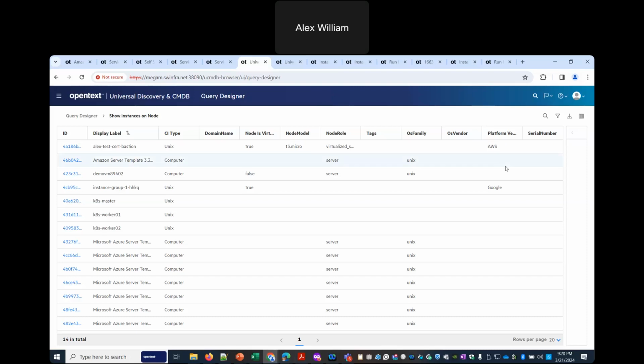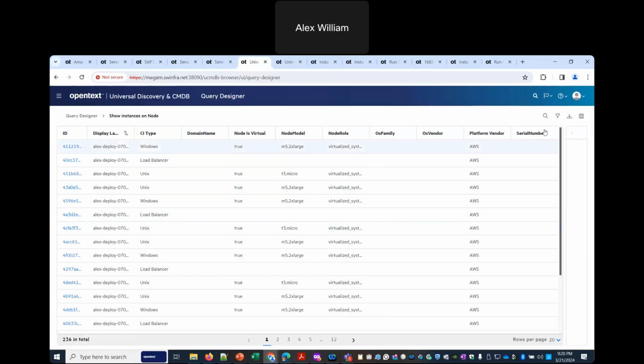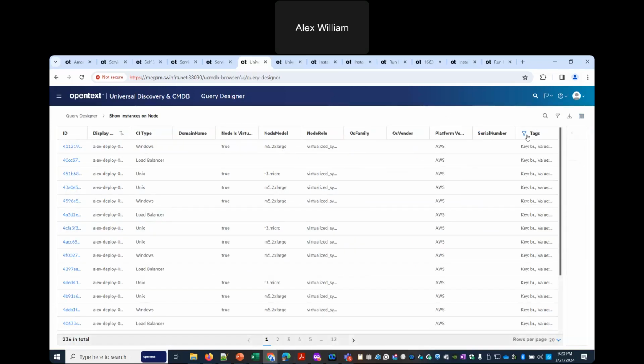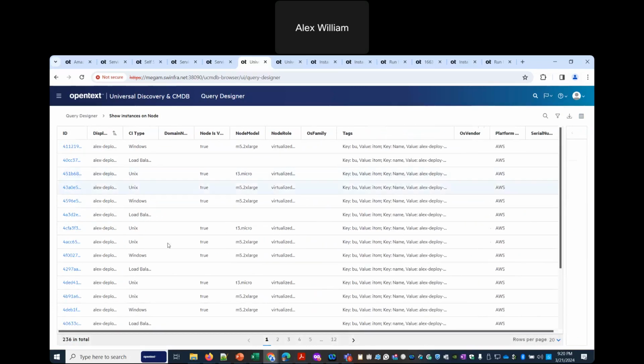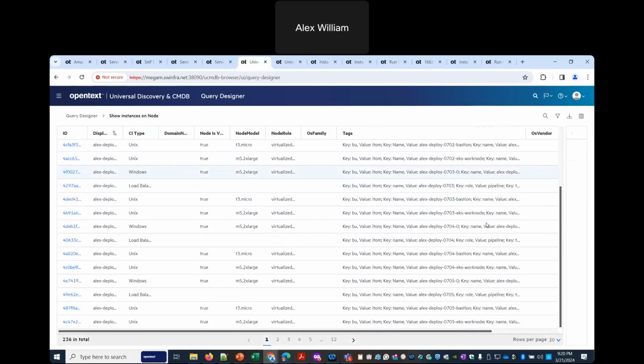So this is the condition where I have added, where it shows the list of instances that have no tags at all. Let me go to the condition. I want to bring those resources now with the tags. So let me apply this and then show the instances, and let me see if I can bring the columns. Okay, there you go. So here, if you look at these are the instances that I created, and I see there are a good amount of tags that are applied,